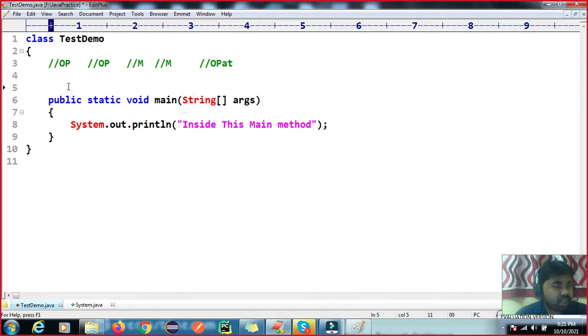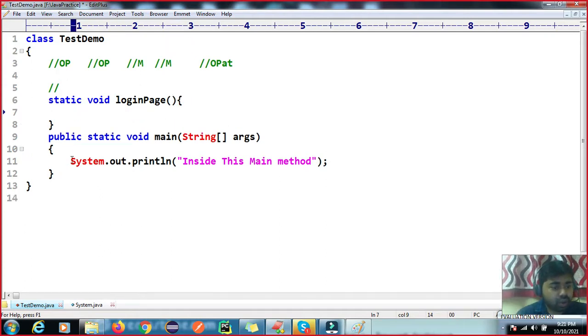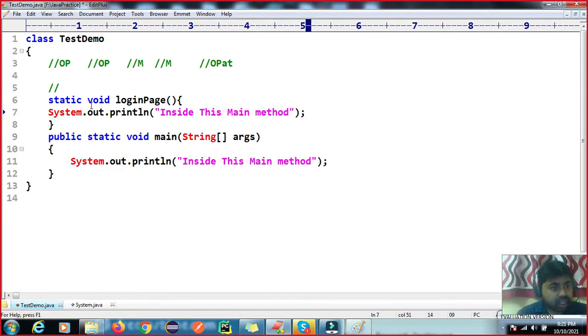So now I'm going to create a static method, our own method. Static void loginPage. Okay, so now you can see there are two types of return type, one is void type and one is non-void type.